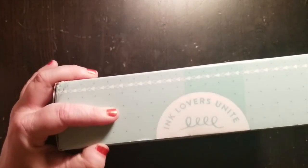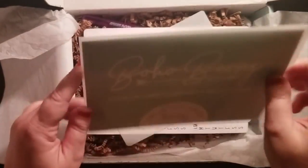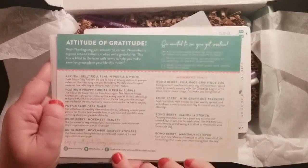But let's go ahead and jump in and see what goodies I got this month. So first up, we have a beautiful vellum envelope. Inside is the postcard that Kara sends every month. It gives us an idea of all of the items that are in the box, all the goodies,